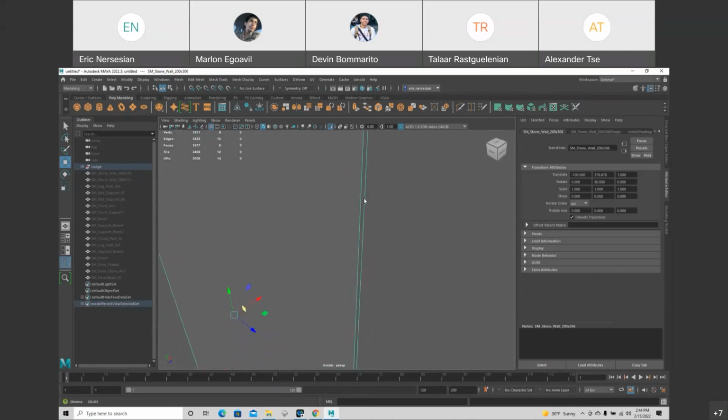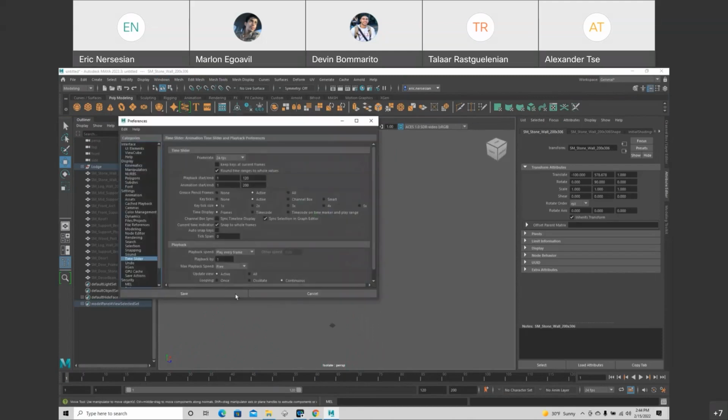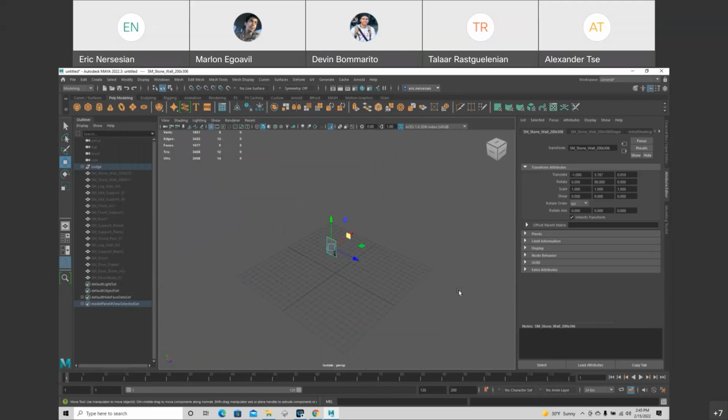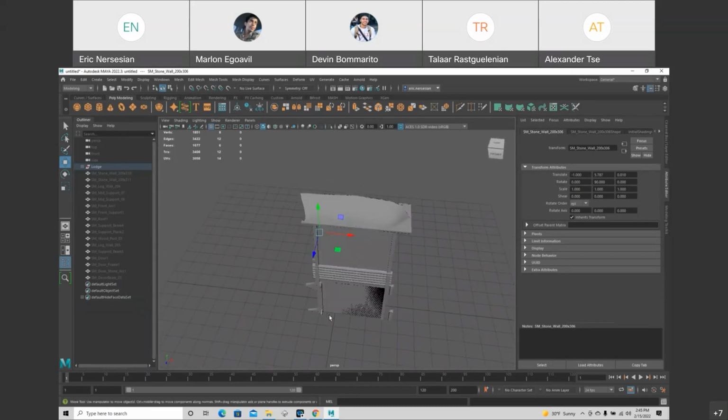For the size of this building, if I zoom out and look at the grid down here, it's really small. So if I switch to meters, we'll get a grid that's a little bit more realistic. It looks like this thing is 2 meters, which is about 6 feet, by 4 meters.